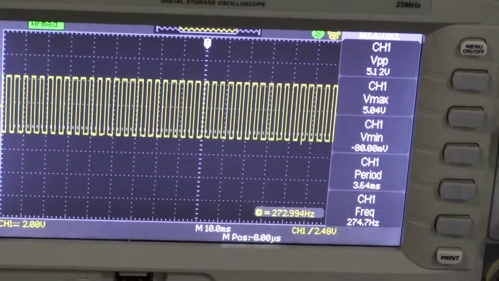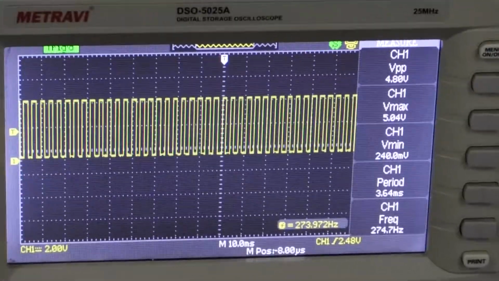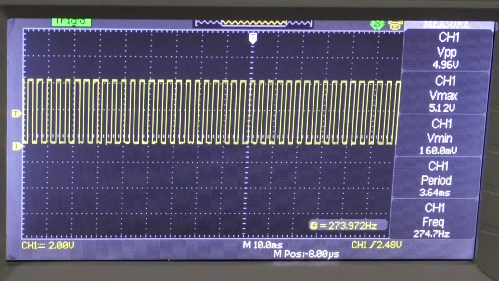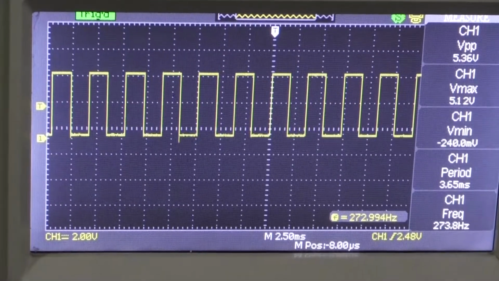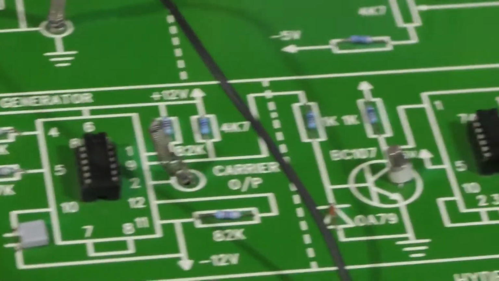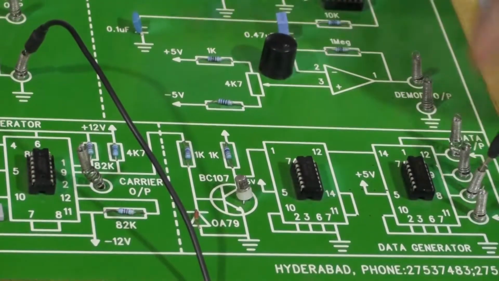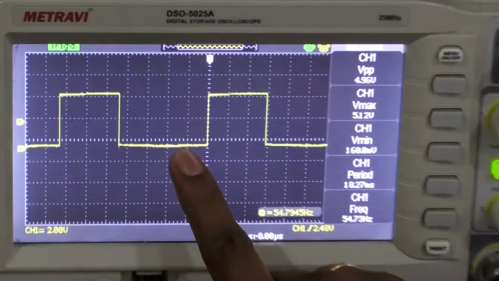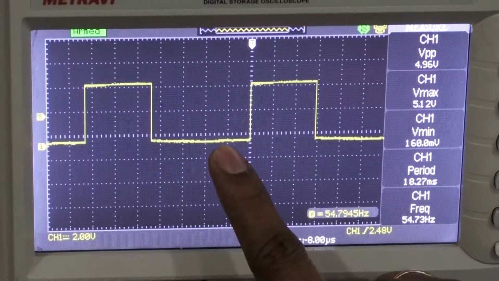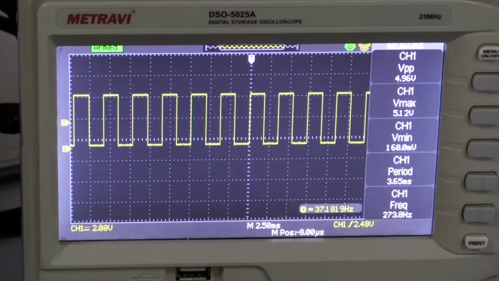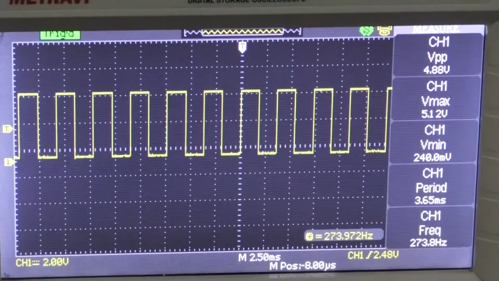So why we are choosing this equalized data means, for synchronization purpose we have to connect the circuit with equal width of the data, which means 1 and 0 is having the same width. If I am changing the data values, the width may be varied. The FSK signal cannot be retrieved back exactly. Here you can observe the 1 width is different and the 0 width is different. So in this case we cannot identify the exact FSK modulation. So that's why we are always choosing synchronized data, that is equally spaced width of the ones and zeros.